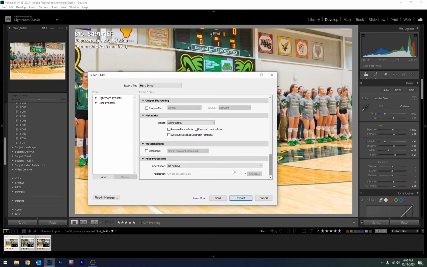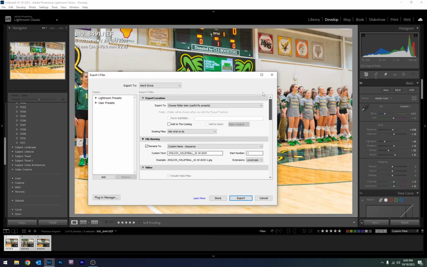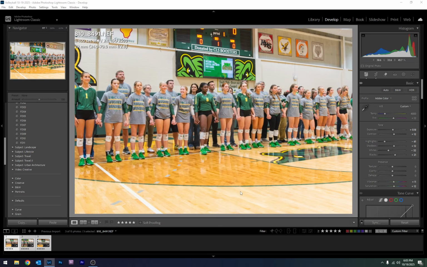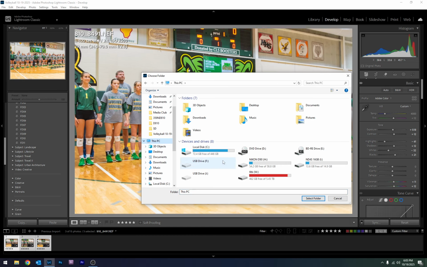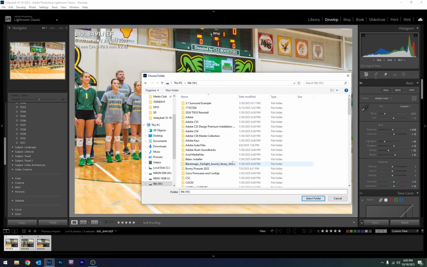So now that we've scrolled down all the way, we should have all these settings here, which I like. I'm just going to click export. And because we selected to choose folder later, this is when we can now choose that folder that we created within our hard drive. So I'm going to go to this PC, go to my external hard drive, go to